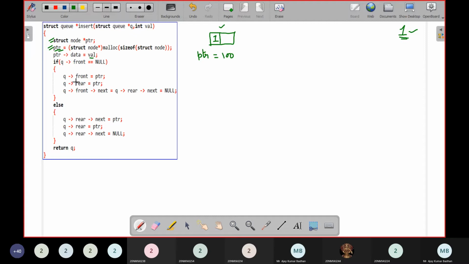In the algorithm we have seen: if front is equal to null. This is the condition we have seen, and based on that we have performed the operation, isn't it?